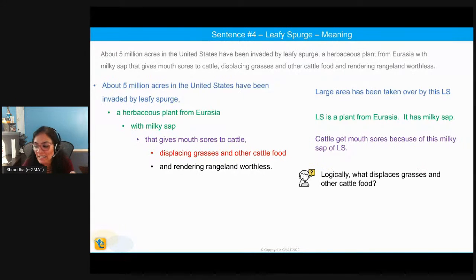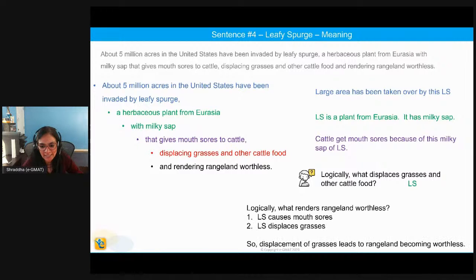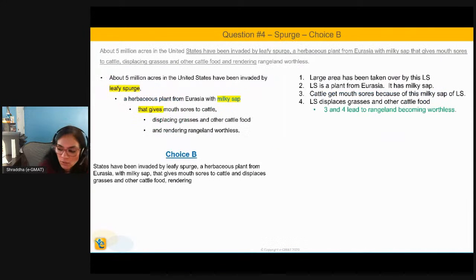And then we decide that, hey, displacing grasses should actually be connected with leafy spurge. And because the grasses get displaced, the rangeland becomes worthless. So this rangeland becoming worthless is actually the outcome of the grasses being displaced. All right. So with this understanding, we proceed to look at the answer choices. We are looking for an answer choice in which the action of displaces,